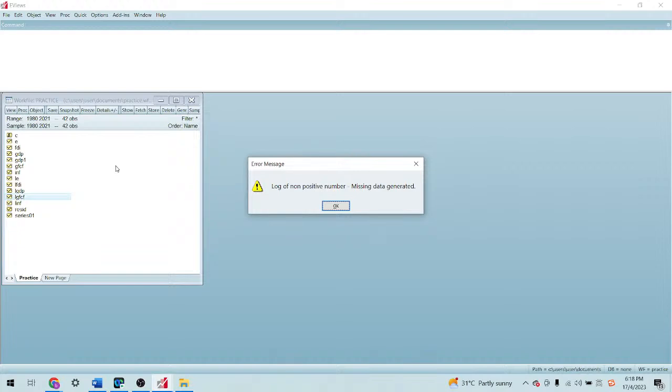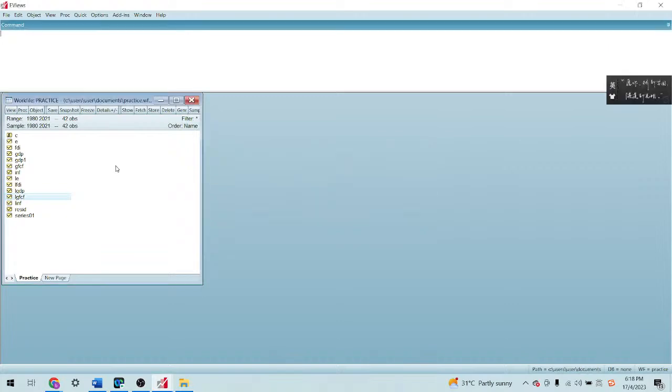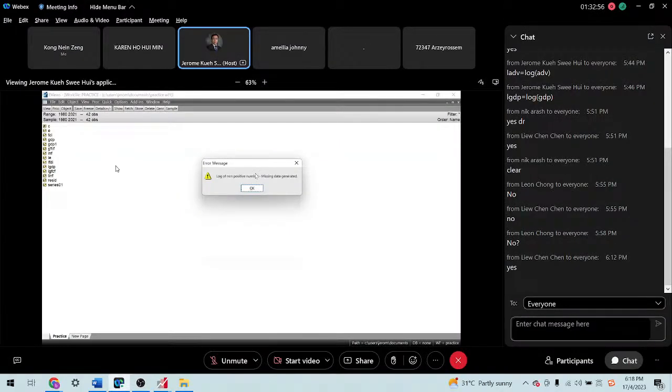If this message pops up, it means that you cannot log the negative values. So it means that your original data consists of negative values. It's possible because sometimes it indicates reductions until it reaches the negative values. So by the mathematical concept, we cannot log the negative values.